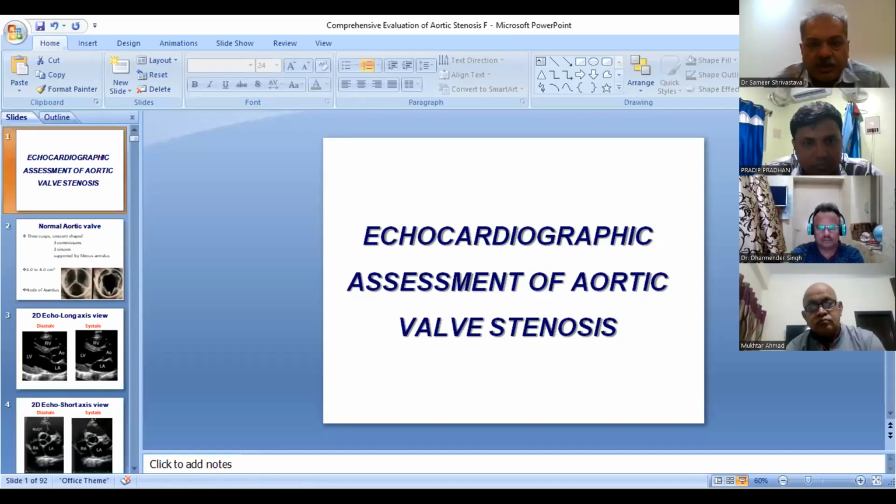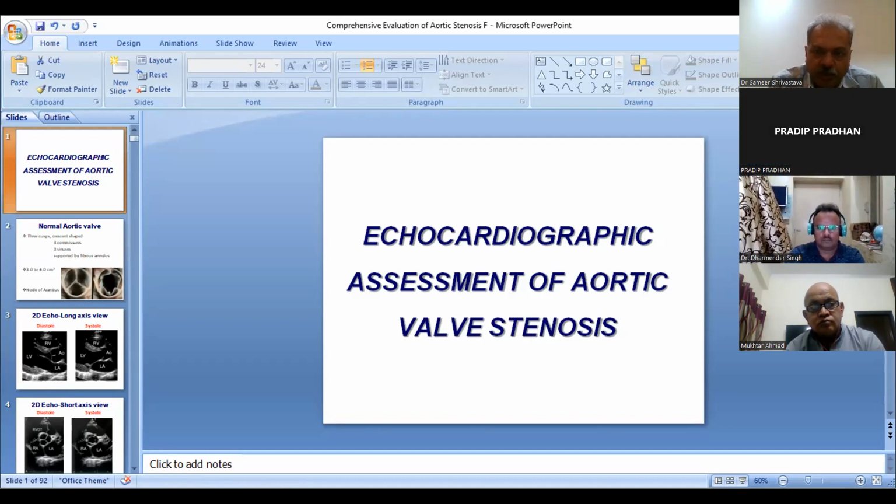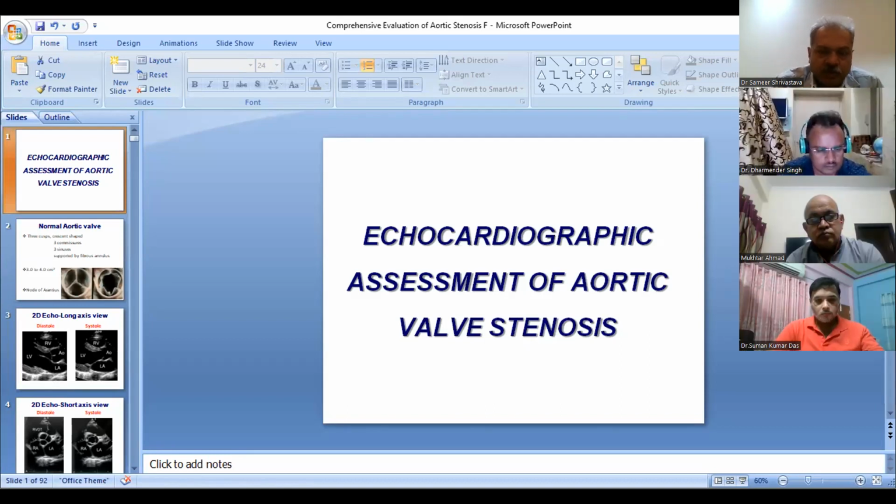So this is the assessment of the aortic valve by echocardiography. I'll walk through and then we can have some discussion. Normally, the aortic valve is called a semilunar valve, and it is a ventriculo-arterial valve. There are 2 ventriculo-arterial valves. One is aortic and another